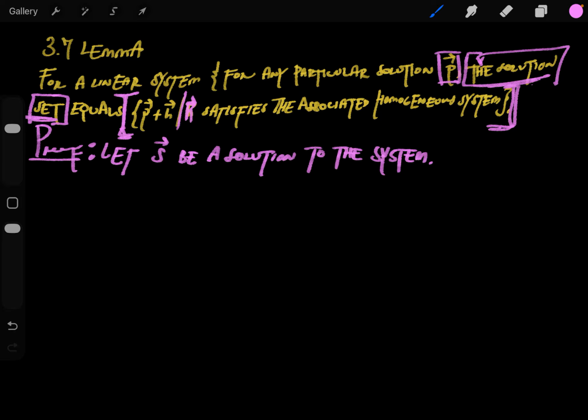I'm taking a member of the first set, A, because S is a solution. So that means that S is in this set. I need to show that it's in this set, that S can be written as a particular solution plus a homogeneous solution. So the way we do this is we say let